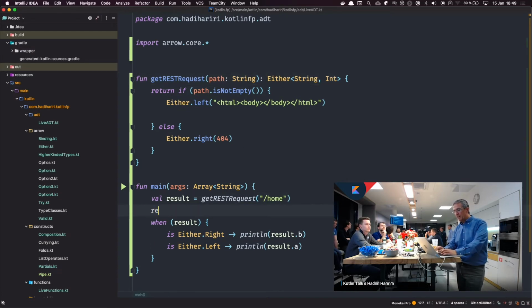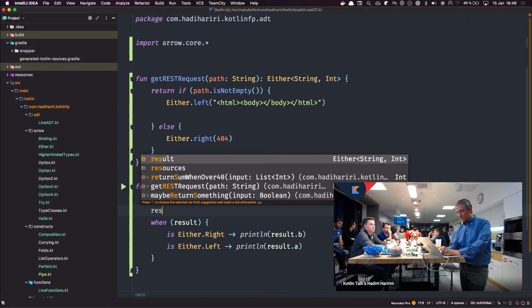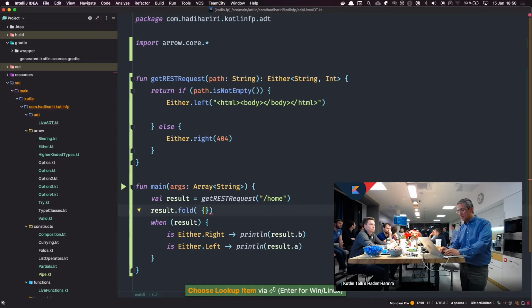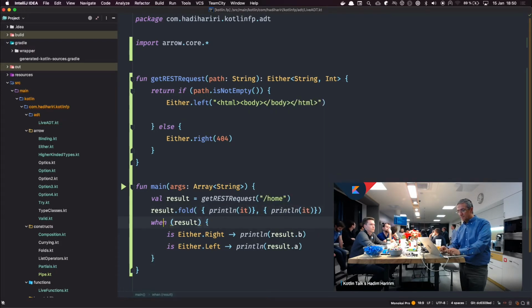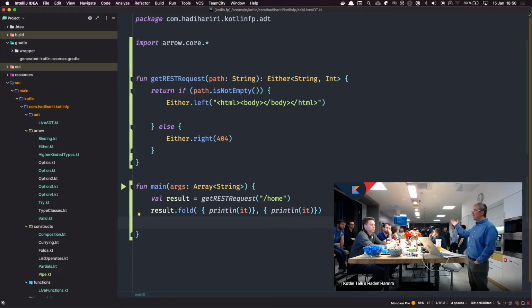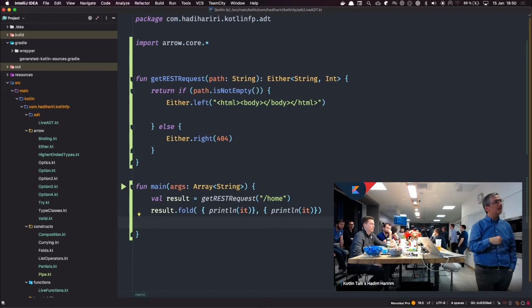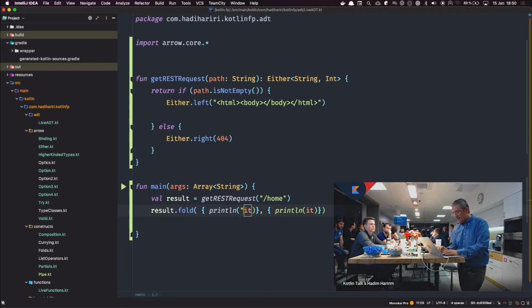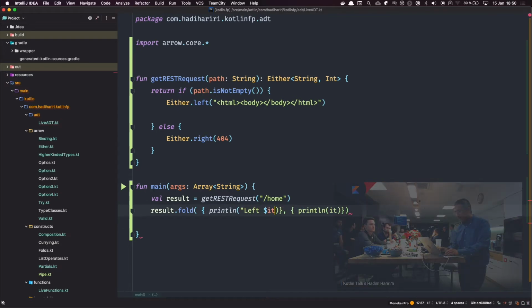And what you do is you write result fold, and fold takes 2 lambdas. Print line it, and the second one is print line it. Okay? That's it. So what fold does is say, take the result type, and if it's left, execute this function. So I call this left so that we see some distinction. And if it's right, call this function right